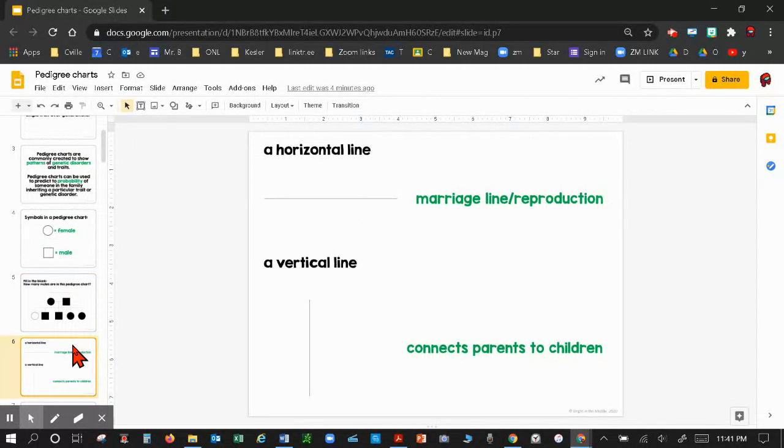So, on a pedigree itself, you'll see some lines that go across. A horizontal line is typically what we call a marriage line, but obviously today not every couple gets married, and so we call that a marriage line or a line of reproduction. Those two, a male and female, got together and had a family. The vertical line connects parents to children. So just be aware that those lines that go across represent reproductive lines, and lines that go straight down connect